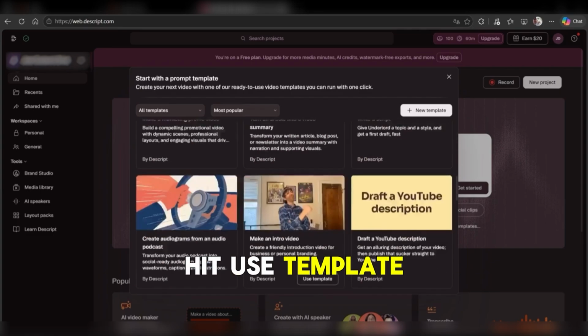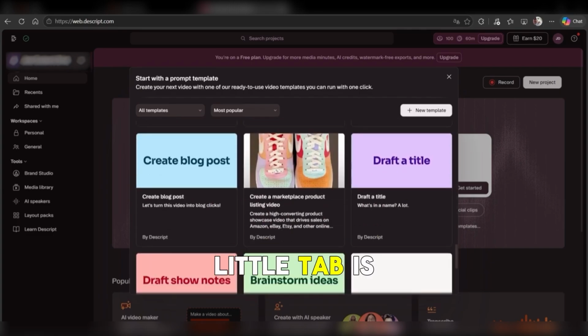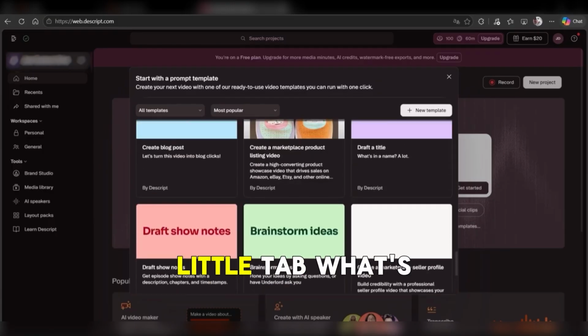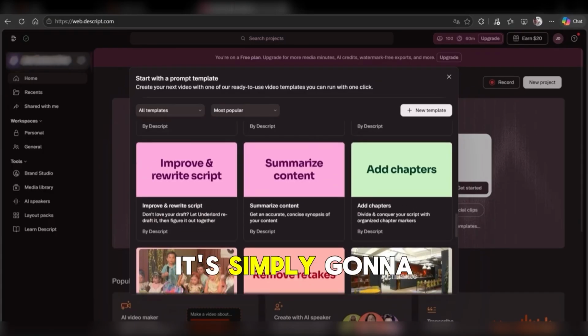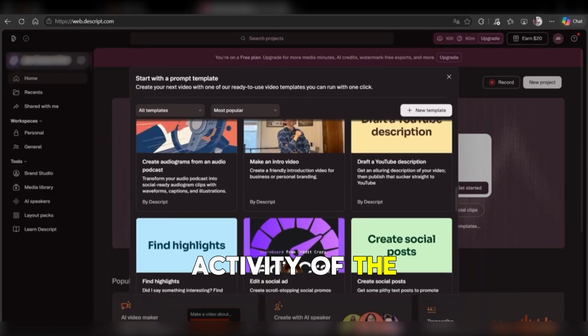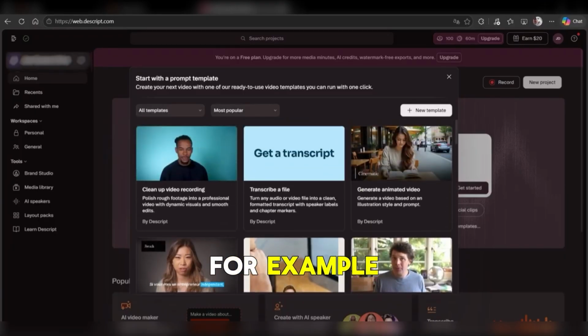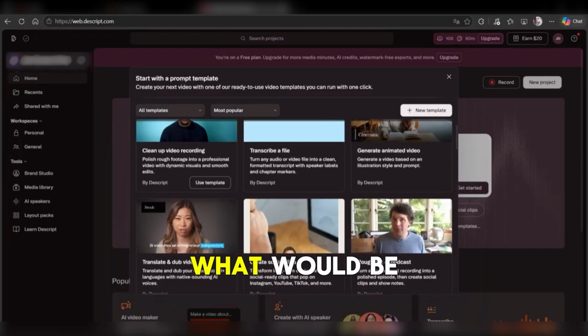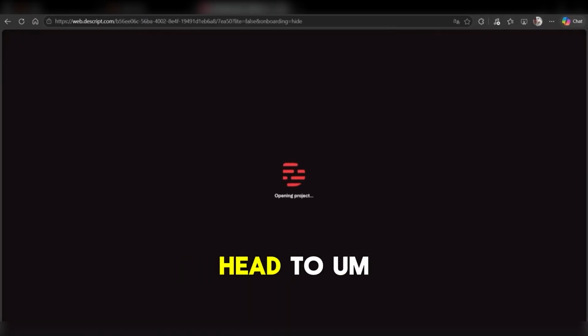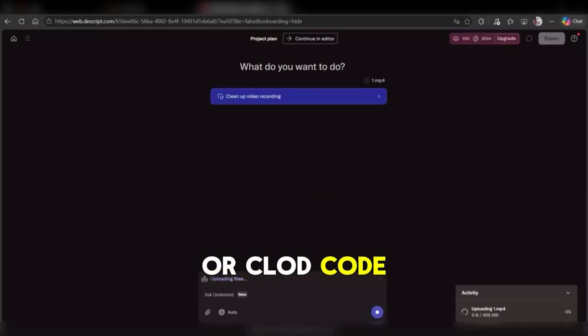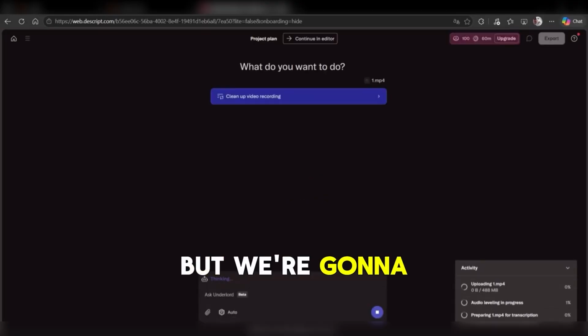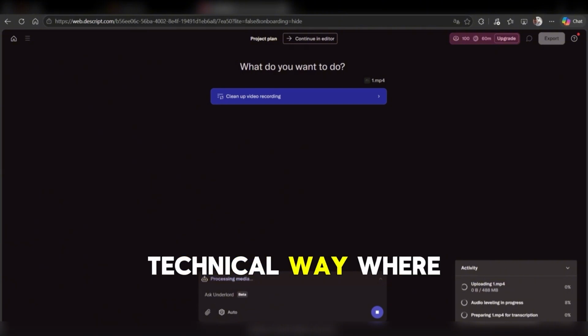So we're going to hit use template, and this new little tab is going to open up. In this new little tab, it's simply going to start generating the activity of the video. Let's say that, for example, we're going to hit copy all of this here. Okay, all of the transcription. We simply have to hit copy, and we're going to head to, well, you can do it with Claude or Claude Code. Okay, but we're going to do it in Claude Code based on this content here, indicating in a technical way where to place